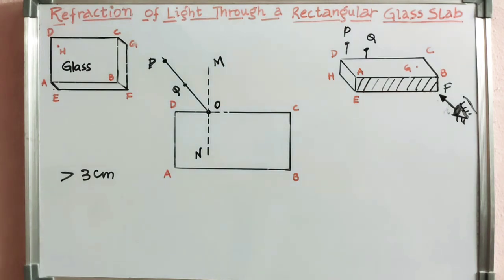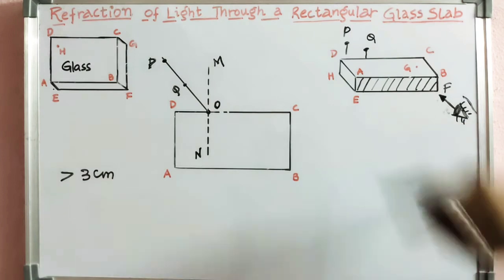When your line of sight is okay, close one eye. I suggest close one eye and see with the other eye. Then you can judge properly whether they are in the same line or not. So when your line of sight is in the same line with P and Q as seen from ABFE,